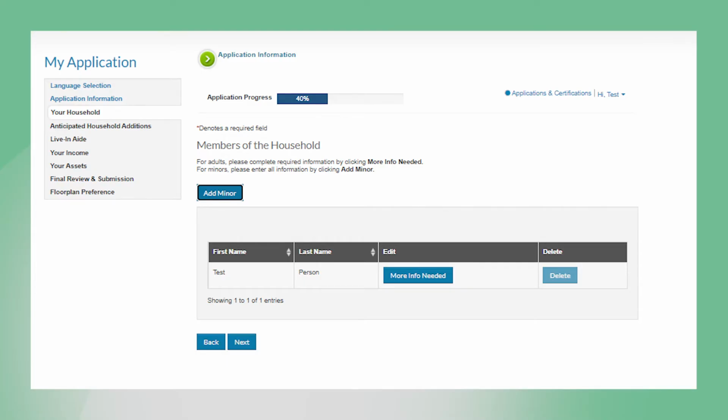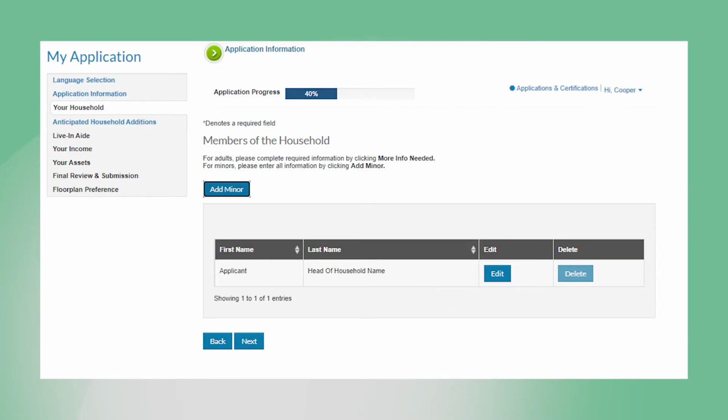On the Members of the Household page, you must complete any missing information for adults of the household by clicking More Information Needed and adding the information on the following screen. To add a minor, click Add a Minor and enter the minor's personal information. Once all the adults and minors that reside in your household have been added, click Next to continue to the